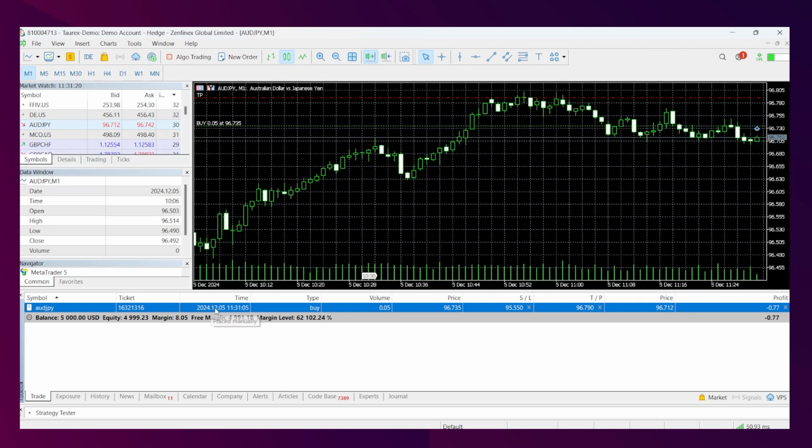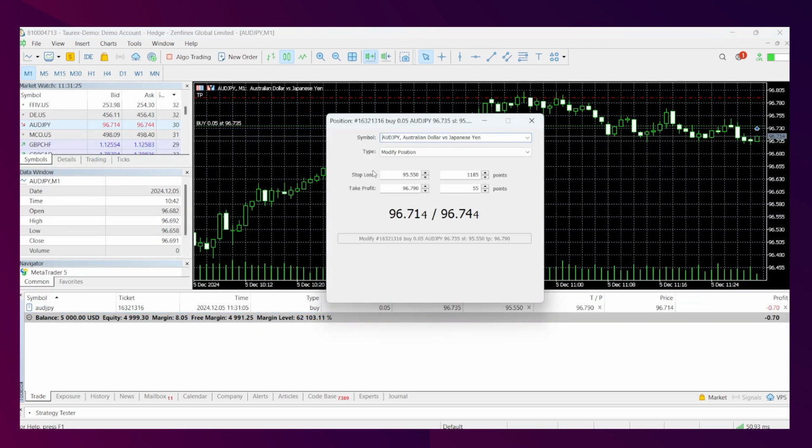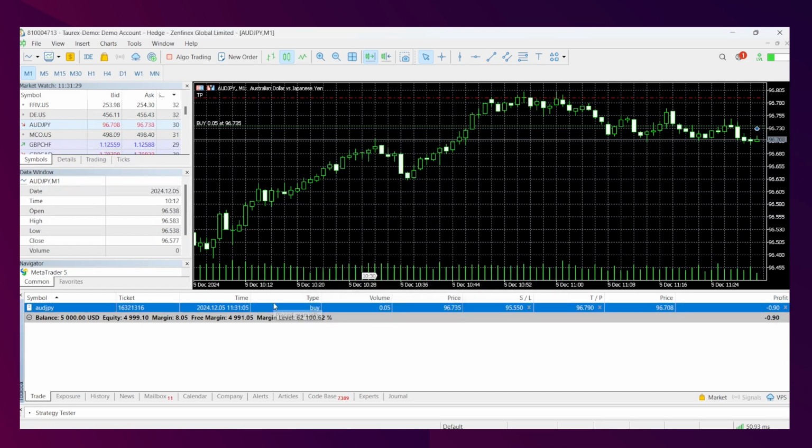And if I was to close out the trade, right click, I can modify. If I'm not quite happy with it, I can change my stop loss or take profit. I can also